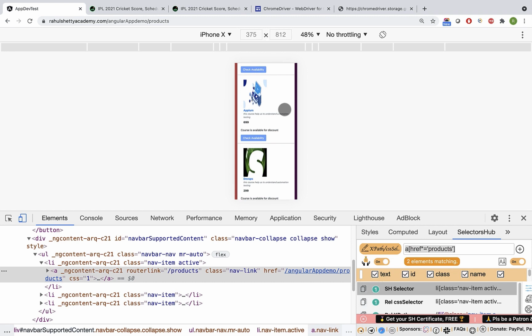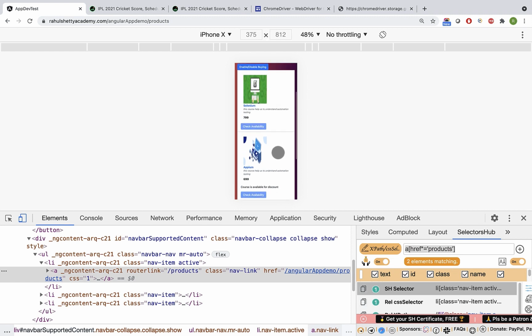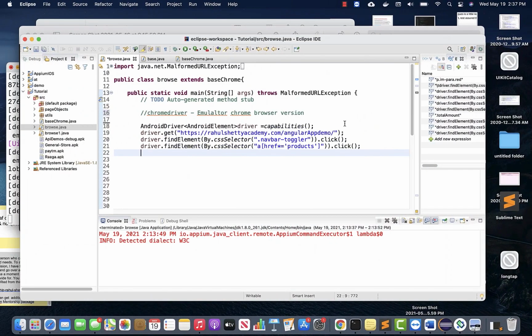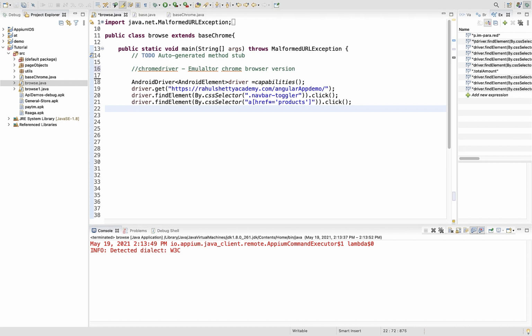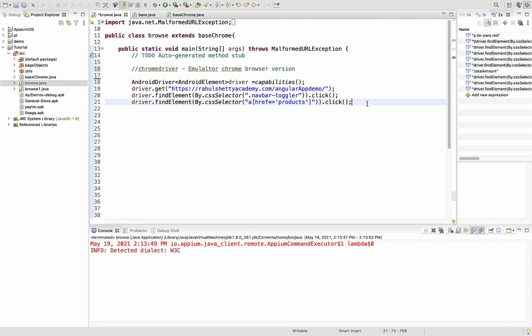If you remember, we have already handled scrolling and swiping in previous lectures when we were dealing with Android apps. We did this with the help of JavaScript executor. If you revise my previous lectures on Android apps, I have shown you how to scroll, swipe and pinch using JavaScript executor. So here also let's apply the same logic. Even to scroll on mobile browsers, you still have to rely on JavaScript executor. So let me create an object of the JavaScript executor class